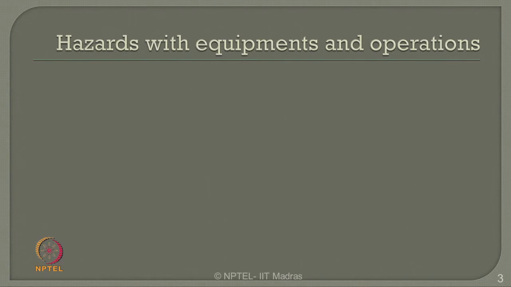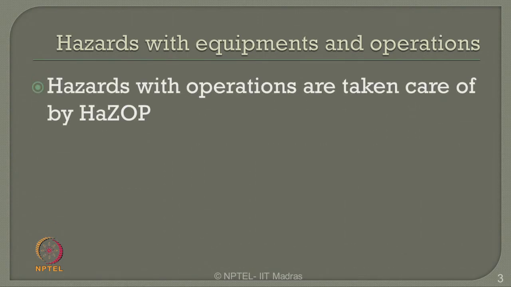Now, there are of course hazards associated with different plants and equipments, and of course there are hazards during operations of any given process plant. Oil and gas industry is no exemption on this. Hazards with operation are generally taken care of by a detailed study called HAZOP. We have already seen some details of HAZOP study in the last lecture. In this present lecture I will take an example case study and I will explain how a HAZOP report can be prepared for a case study applied to the oil and gas industry.